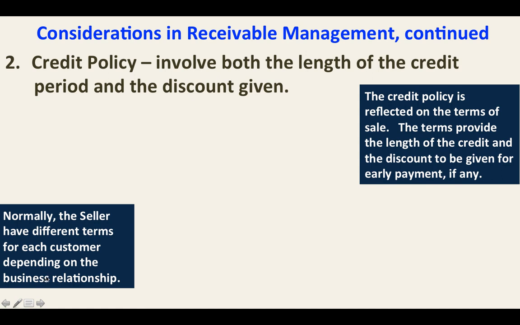Siyempre, i-review mo rin yung customers. Kung malaki ang binibili sa'yo ng customers mo, then of course, na-established mo na yung credit experience mo doon sa customer na yon, then you will be more relaxed. Okay? Pero kung bago pa lang, hindi mo pa na-establish yung credit experience mo with that customer, then you can